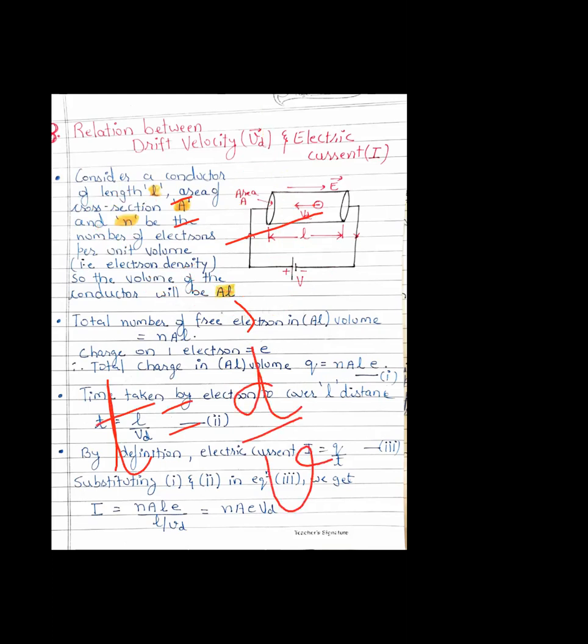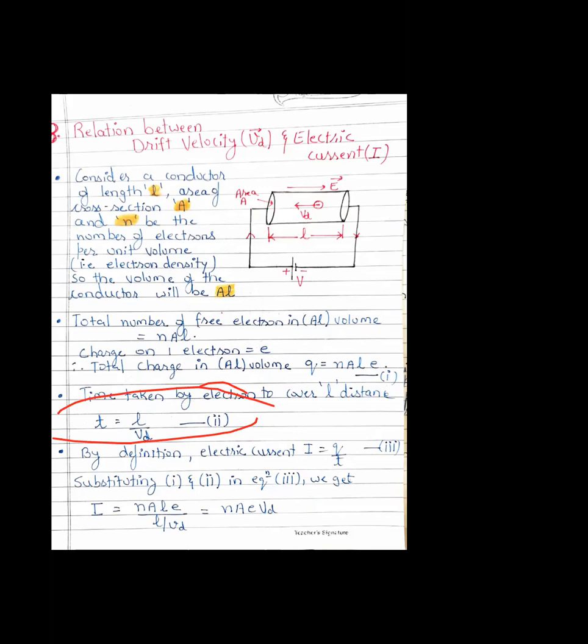Now, time is t. Distance, what distance your current charge is going to travel? Distance कितना है? Length जितना. So instead of d, we will replace it with L, right? And for velocity, we are replacing it with drift velocity Vd. So this is my formula for time. T equals L by Vd, where L is the distance that the electron has to travel. And L is what? Length of conductor. Electrons जो हैं वो length of conductor से travel कर रहे हैं. So we have replaced distance by L and velocity with drift velocity. So this is my equation number 2, that is the equation for the time.